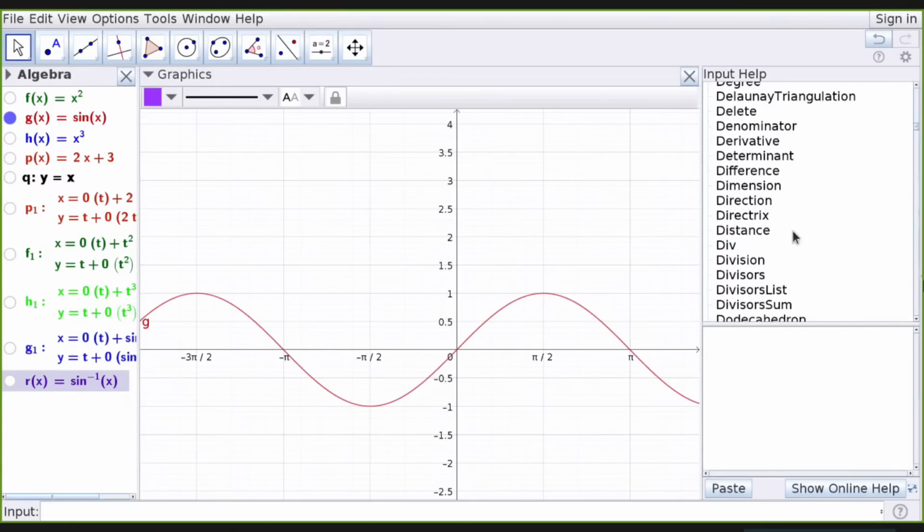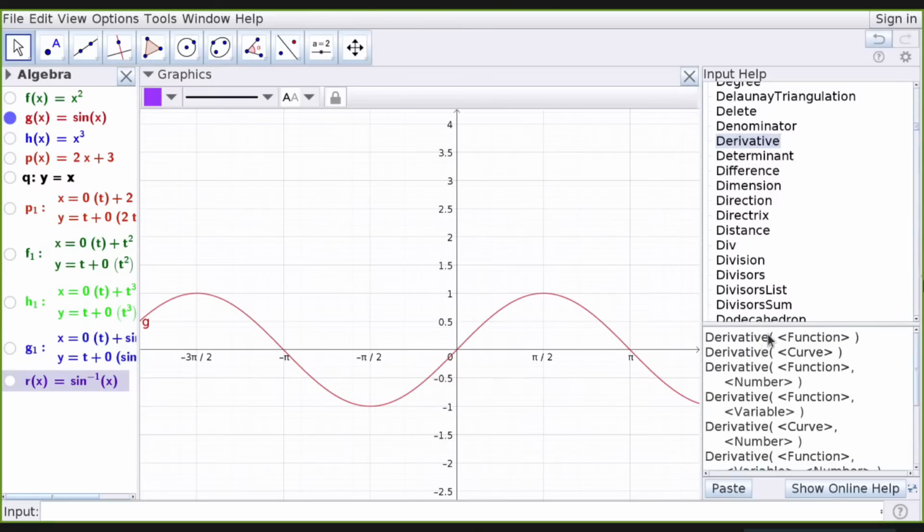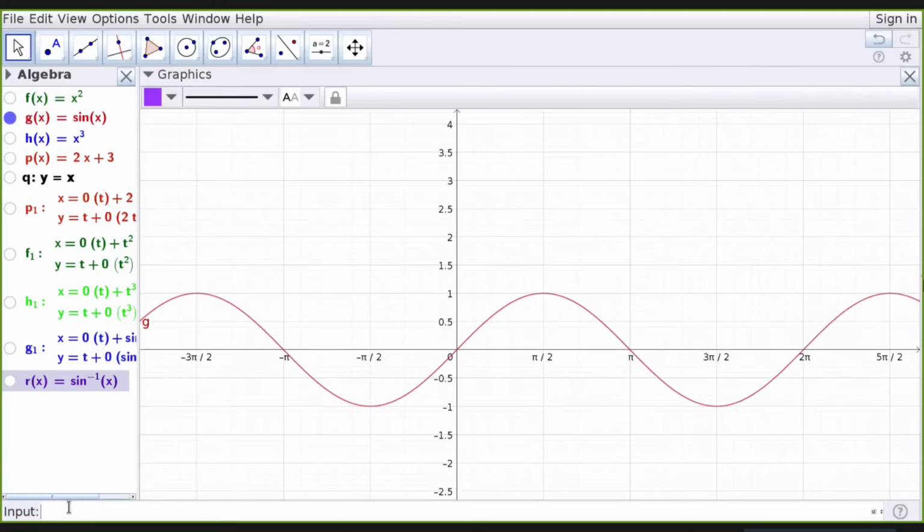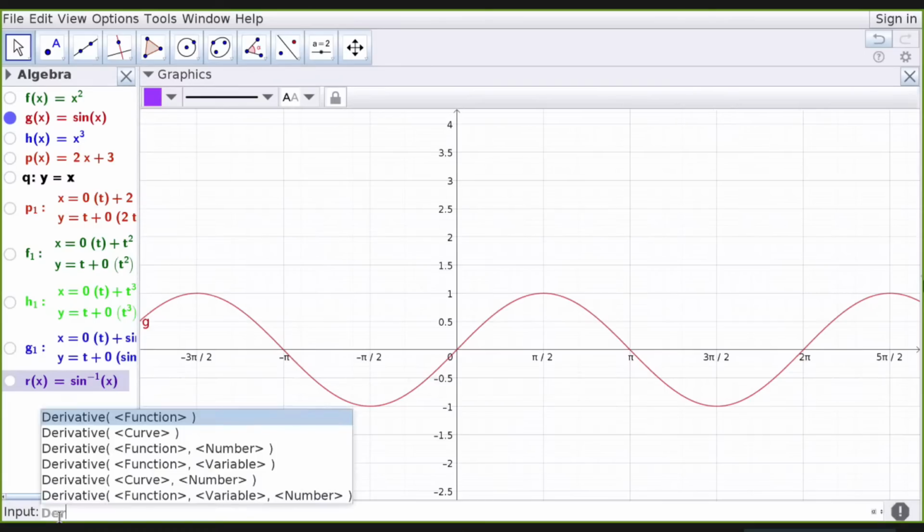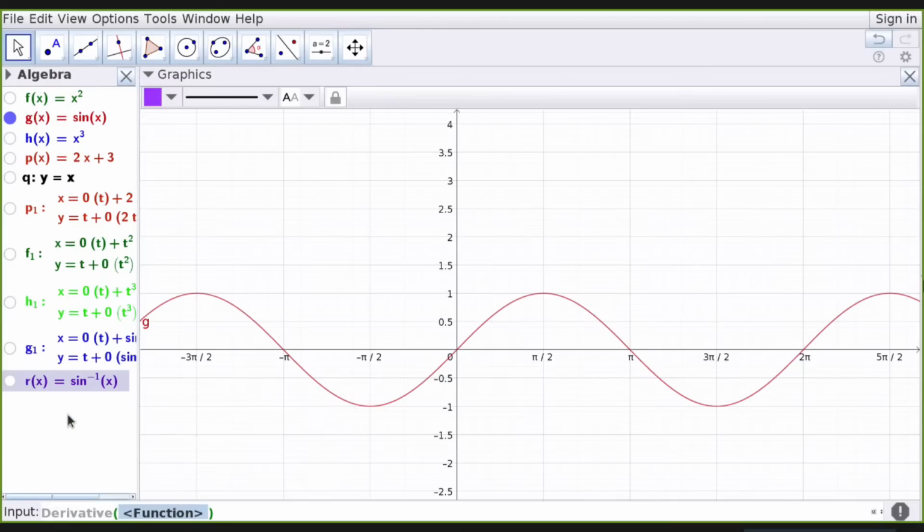You will see the derivative command, and how it works will be shown here: derivative of function. I will close this by clicking on the question mark again. I will type derivative. Once you start typing, it will ask what you want to do. Derivative of function. Okay, I will choose that one.